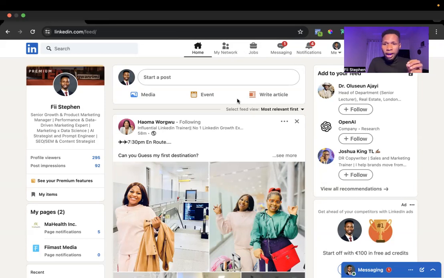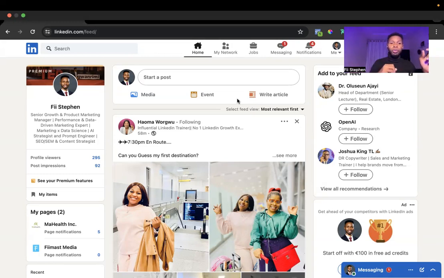The people on LinkedIn are actually people that are professional minded. They are, to a large extent, career driven, but not just career driven. There are also business people there. But whether career or business, they are professional minded. So there's a particular kind of tone. It doesn't mean that all your content has to be extremely professional in quotes, right?